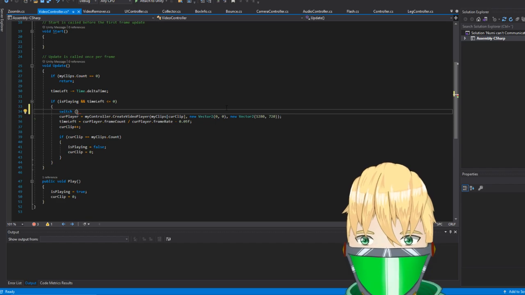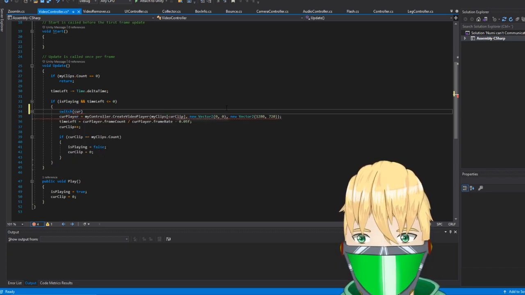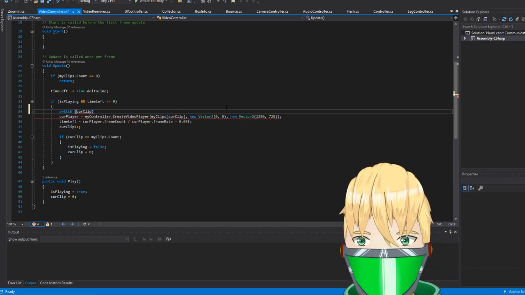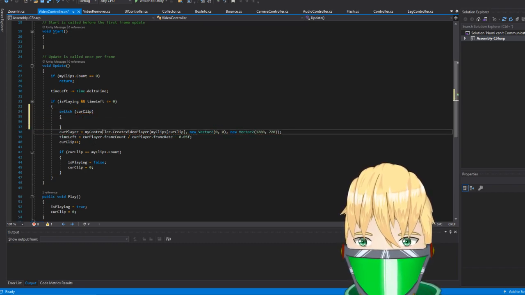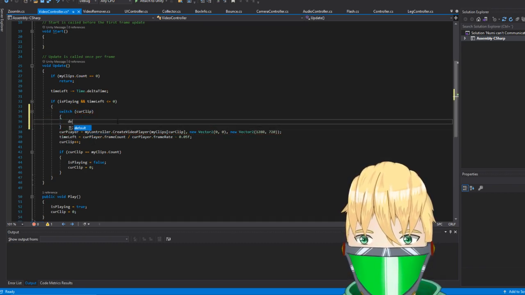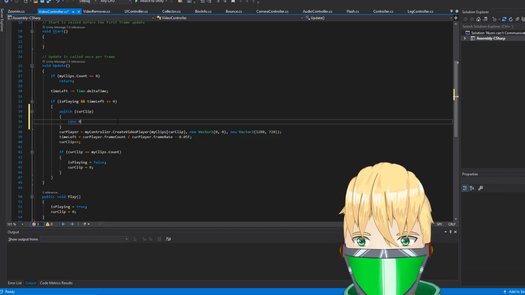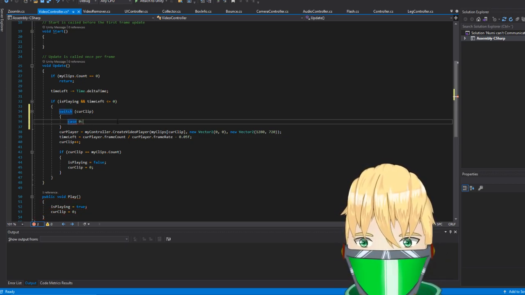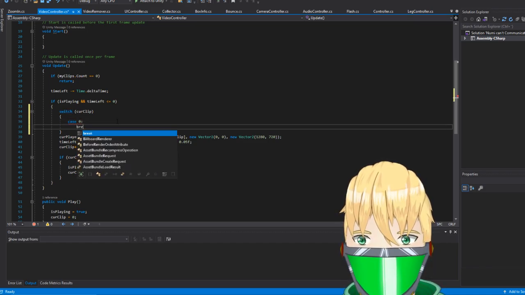Maybe it's the best thing. Switch, and we will do cur clip as actual our thing there. Default. Or the default should be lowest. Okay, so if the case is 0, we do this. We break here.